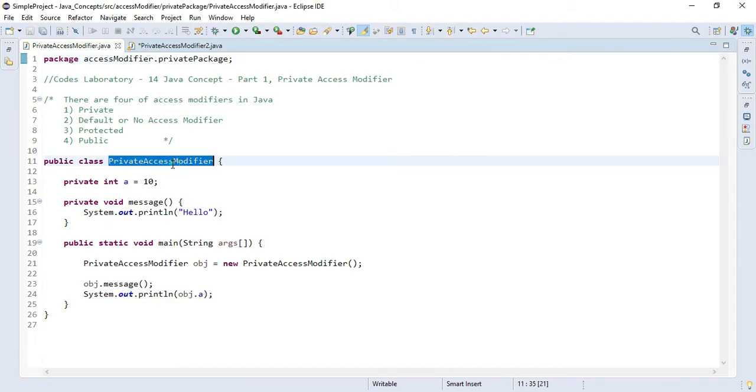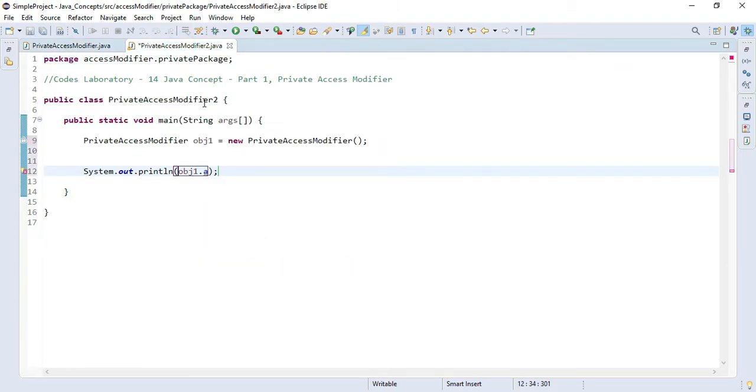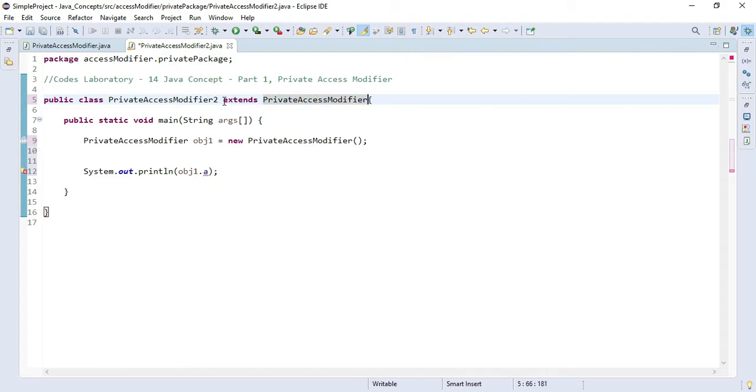Now we will try another way by extending this class into the private access modifier 2 class. To do that we write the extends keyword and then the class name which we want to extend. This time we will create the object of our access modifier 2 class, and I will also change the object name from obj1 to obj2. Now let's try to print this variable obj.a, and as you can see it is giving me an error.